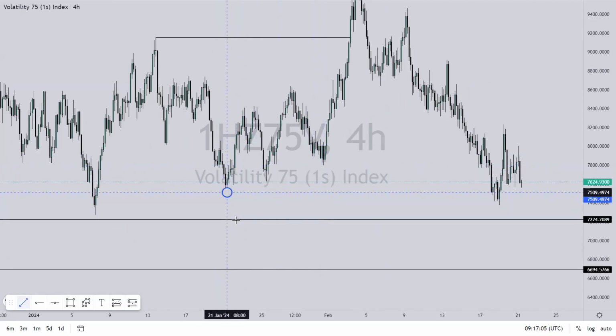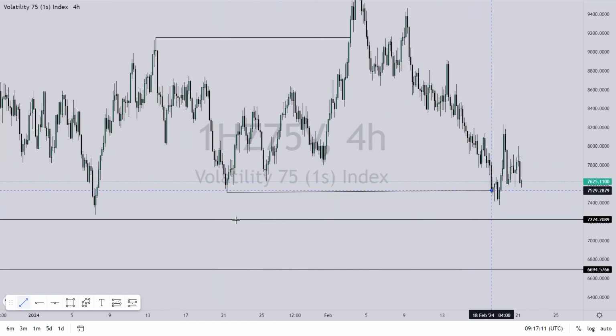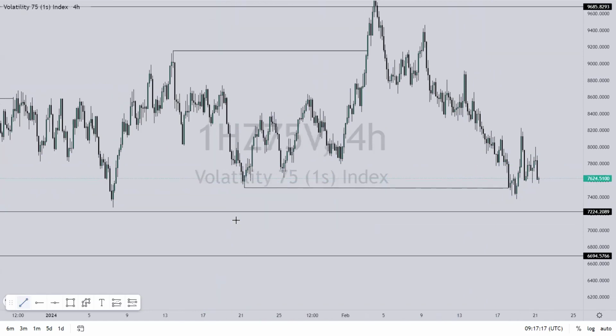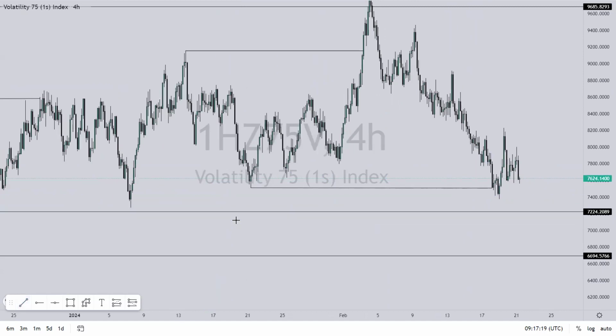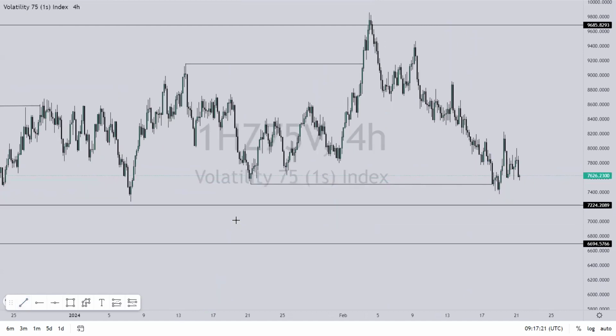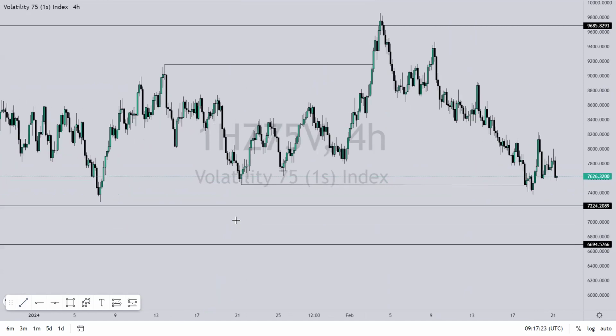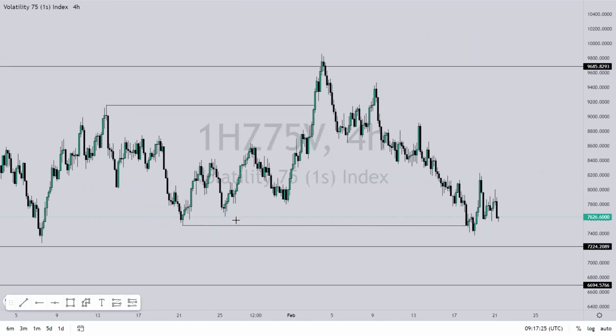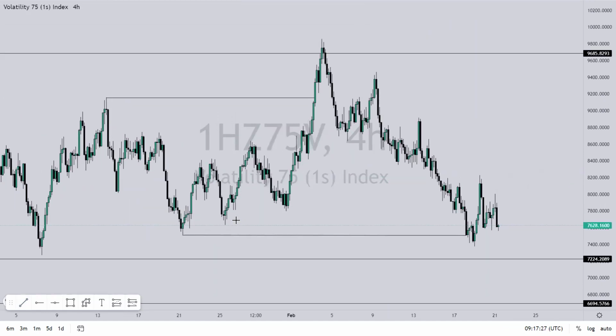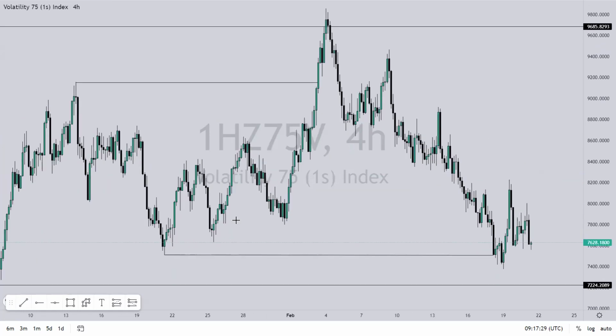mark out this low because this is our lower high. So this was the area I was not really expecting the market to come back to and break if we are going to continue that minor structure to the upside. But the market came back to that area and then it broke it. So after the market has broken it, meanwhile, if you wanted to enter for a sell around this area,